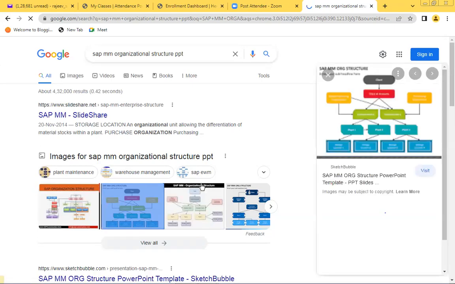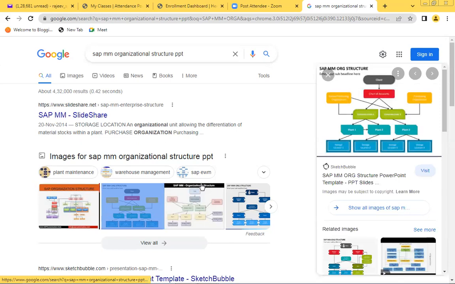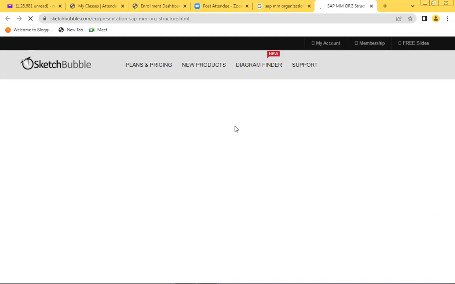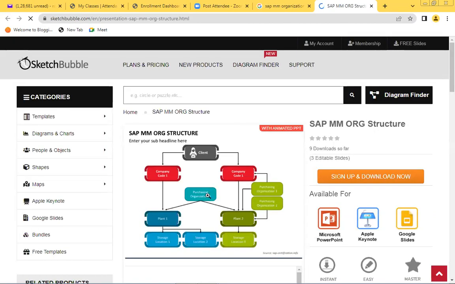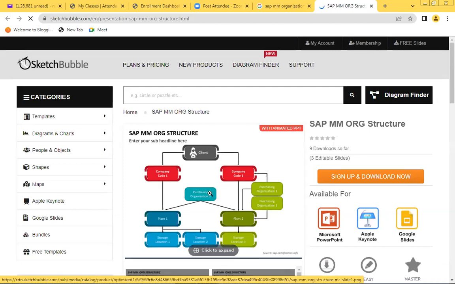Very good. Anyone can share a normal, simple org structure. No connection with SAP. Just think of it as Abhishek said, he's from Nepal and he has worked in an organization structure there. So what exactly does an organization structure mean for a normal person, a layman who doesn't know anything about SAP MM?